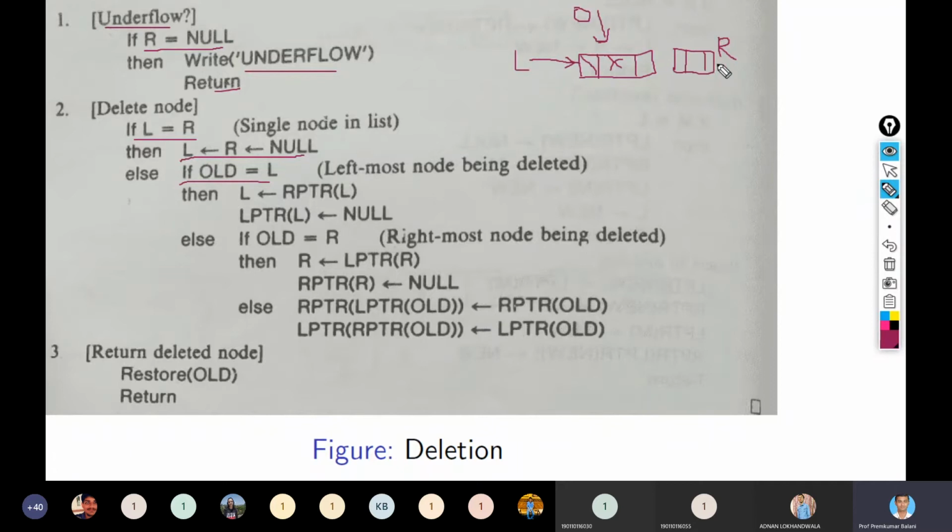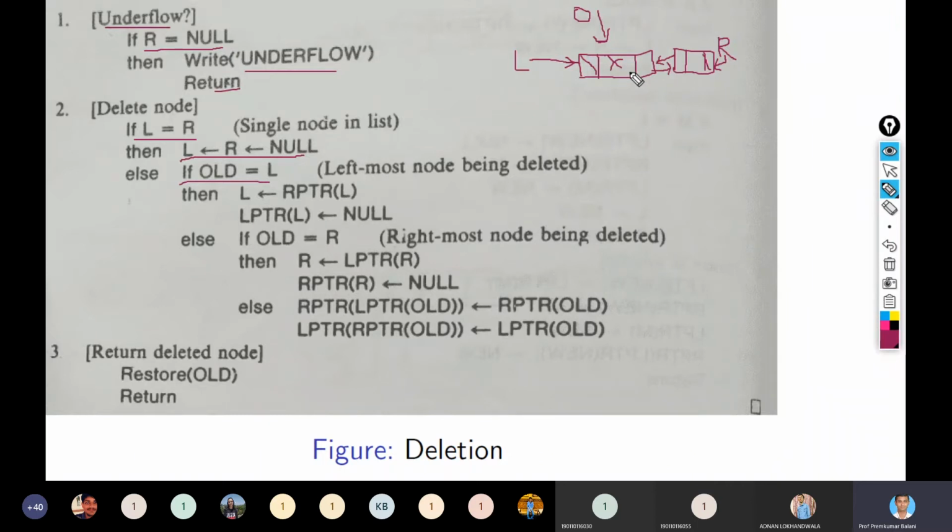Suppose two nodes are there. R is pointing to this, and the right pointer of the rightmost node is null, right? Sorry, the left pointer of this node cannot be null, and this is pointing to the previous node, and this is pointing to the next node.